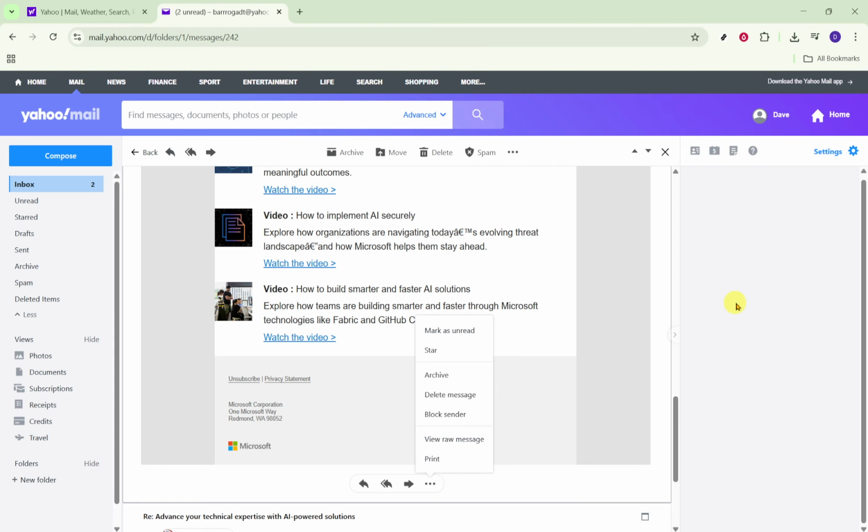Repeat these same steps for any other promotional messages you'd like to stop receiving. Over time, your inbox should get noticeably